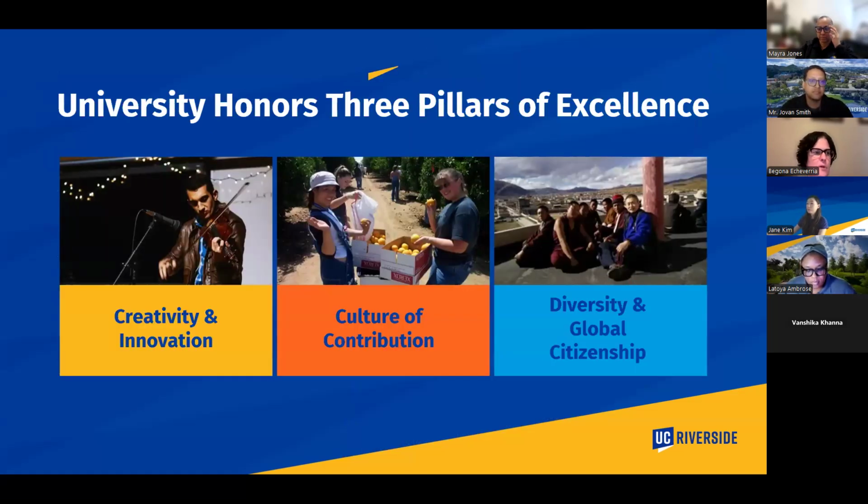Based on our fundamental purpose, we have developed 3 pillars of excellence that influence the programs, resources, and opportunities we provide you. They also represent the general learning outcomes of university honors students. These entail promoting creativity and innovation, which refers to the academic components of our program, such as courses and faculty-mentored research experiences through your capstone project, which transitions you from a student to a scholar.